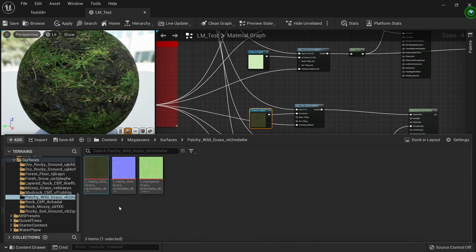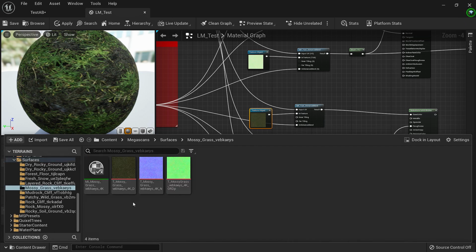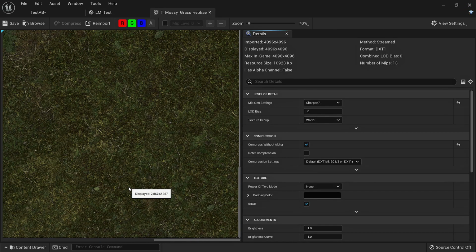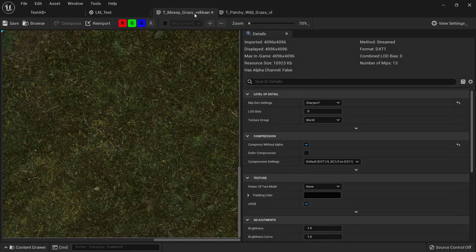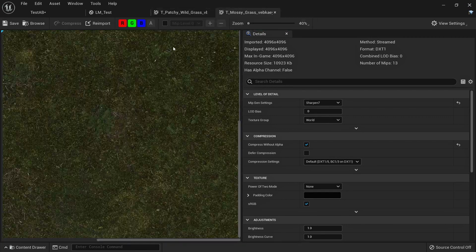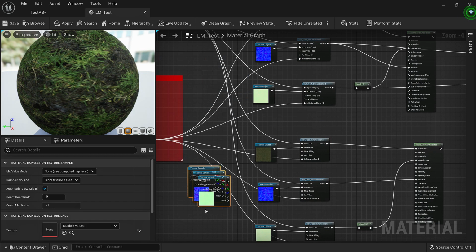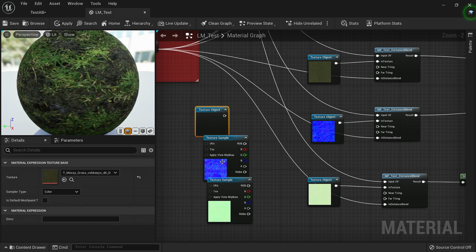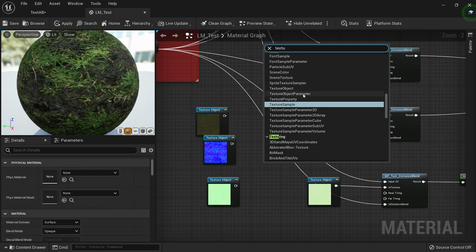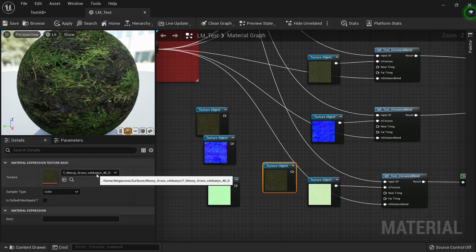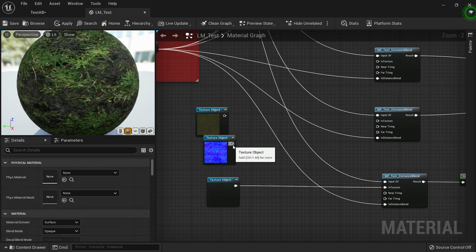Now let's take a look at the other textures that we are going to use. So if you go to your Megascan folder, so this is the texture that we are blending, and let's take a look at our original, and they are already quite similar from the start. So we take all those three graphs. By default it converts them to texture sample, so we'll convert them to texture object, or we can directly right click texture object and then put your texture right here. And let's delete the one that we were using before and remake those connections.